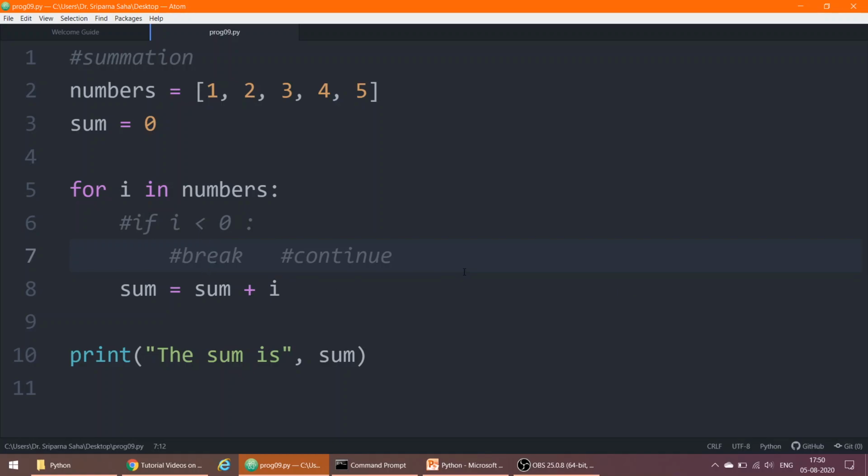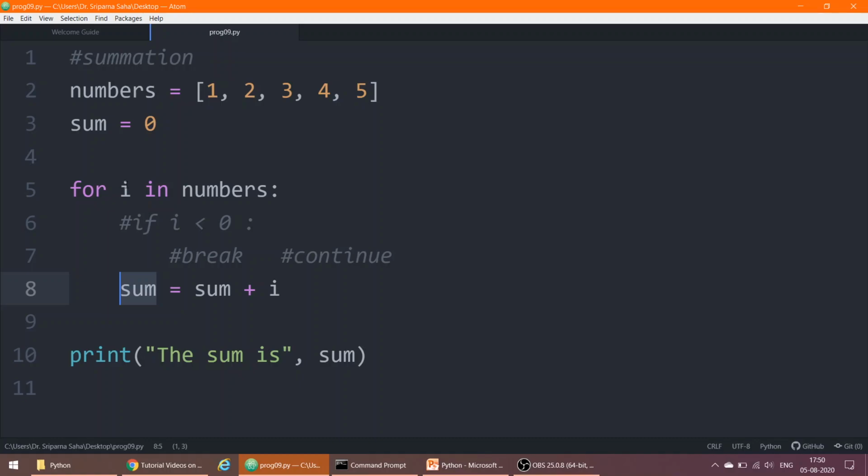For the first time of the loop execution, when the i value is equal to 1, the sum value is equal to 0, as we have initialized sum equal to 0 in line number 3. So that is 0 plus 1, the first element of the numbers variable, and the sum value becomes 1.